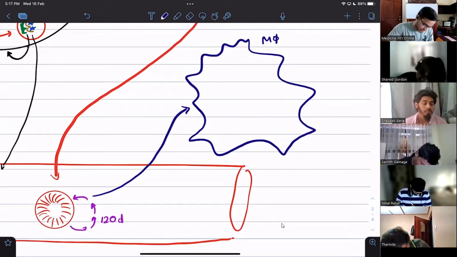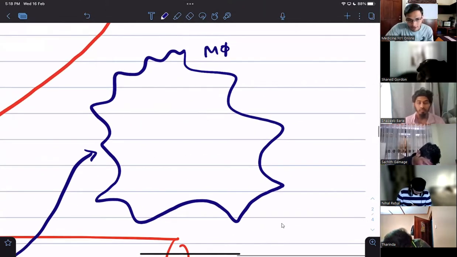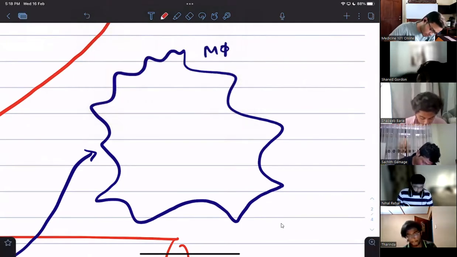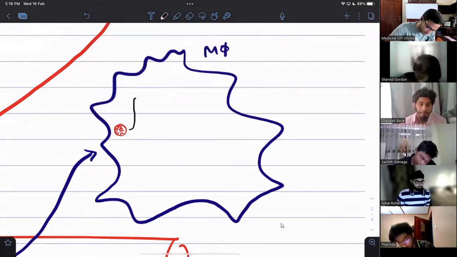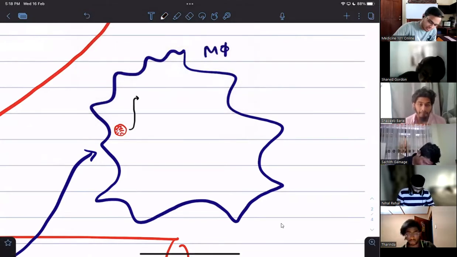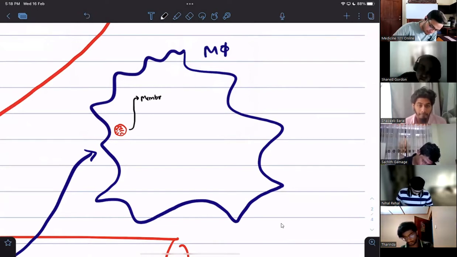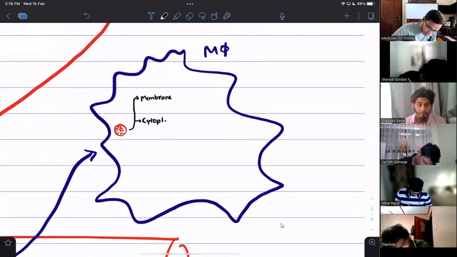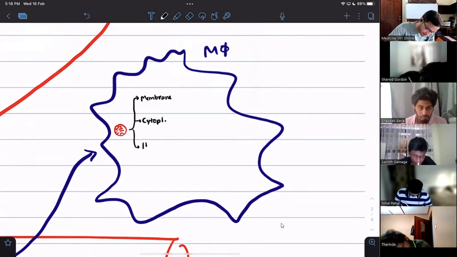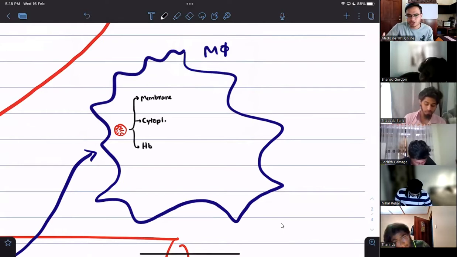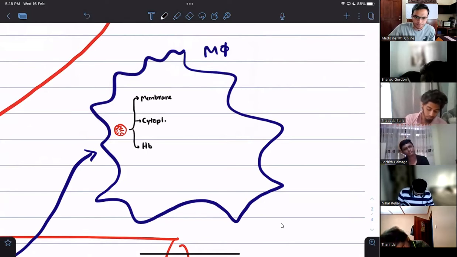What is happening here, guys? Let's say the RBC was engulfed, taken up by this macrophage. The RBC will now be broken down. Let's look at this. We'll draw an RBC and break it down. One part is the membrane components. Another part, cytoplasmic components. And another part is the hemoglobin. We are just talking about how the RBC is being broken down in the macrophages, just the basic run through.